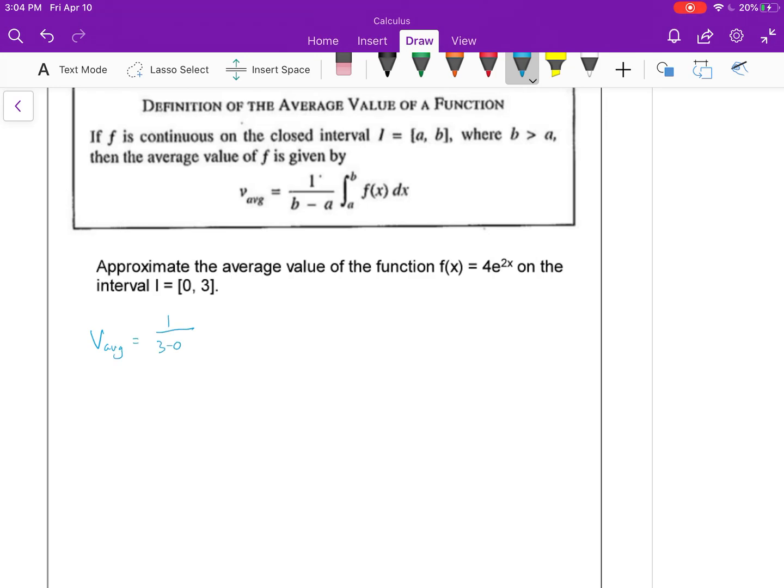is going to equal 1 over 3 minus 0 times the integral from 0 to 3 of 4e to the 2x dx. And so this is going to be 1/3, and we're going to find the integral of this here. So